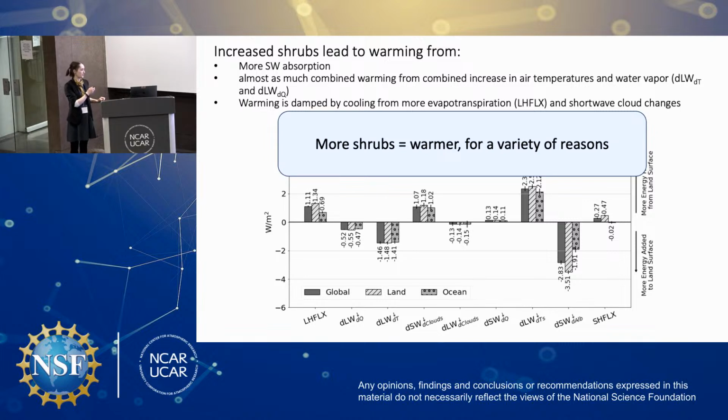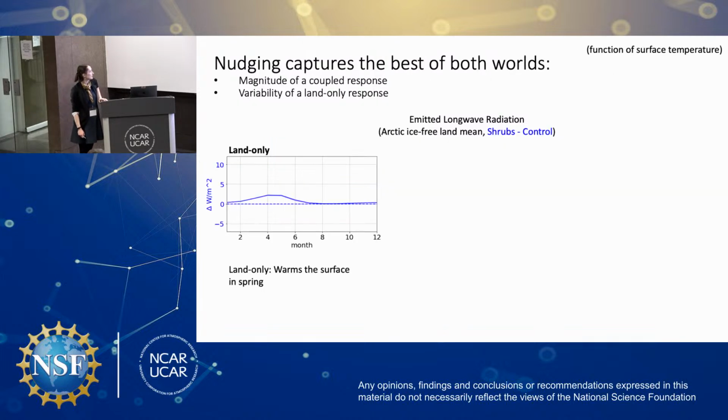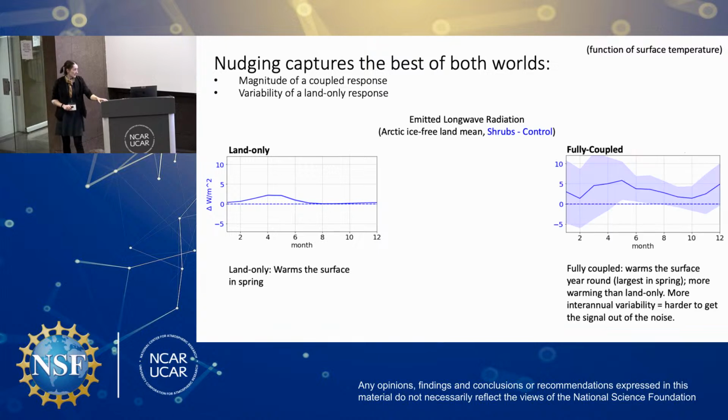These are all annual mean. If we look at this instead over the seasonal cycle, this is for our land-only simulation. You see that most of your warming is happening during the springtime, maybe like 2 Kelvin of warming as a result of these shrubs. If we compare that to what's happening in the coupled simulations, the fully coupled simulations, it